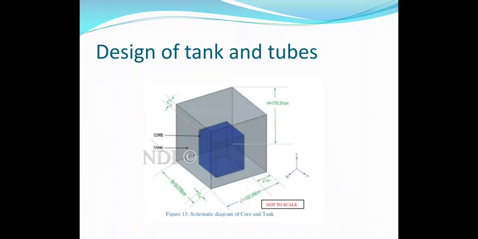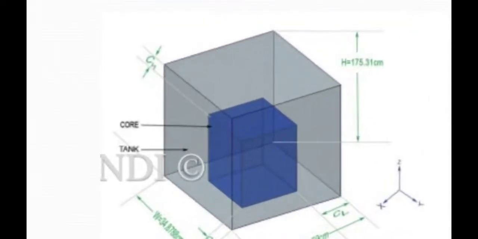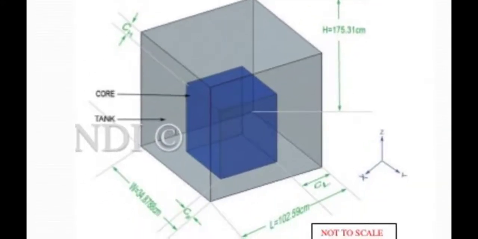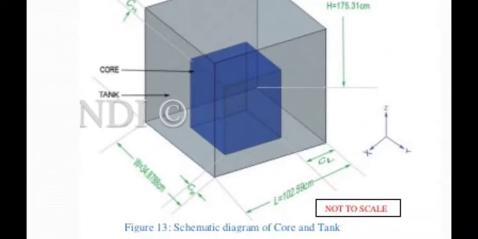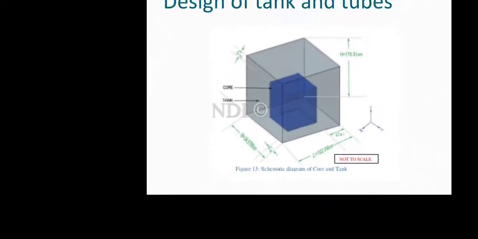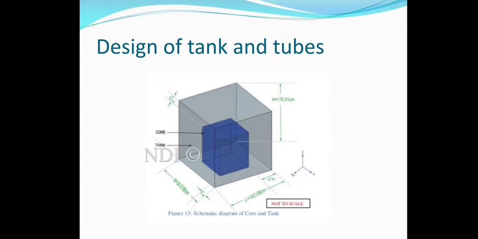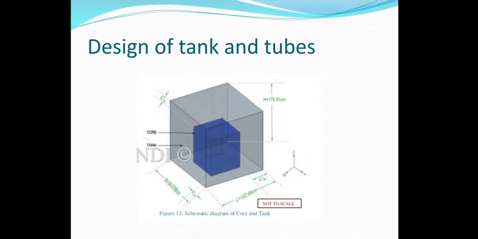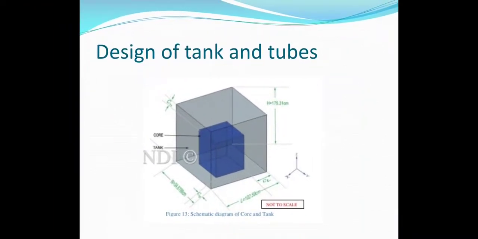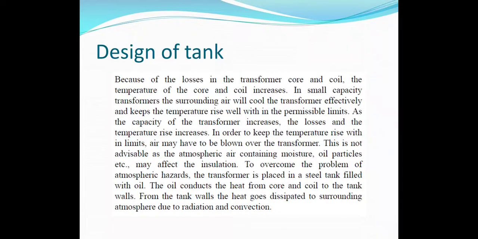And the last topic in this unit is design of tank and tubes. This diagram shows the inner blue portion represents the core and the outer grey portion represents the tank. It is shown in a 3D form. Design of tank. What is the need for having a tank is explained in this slide. For small capacity transformers,